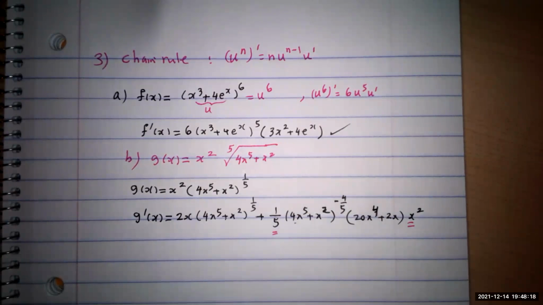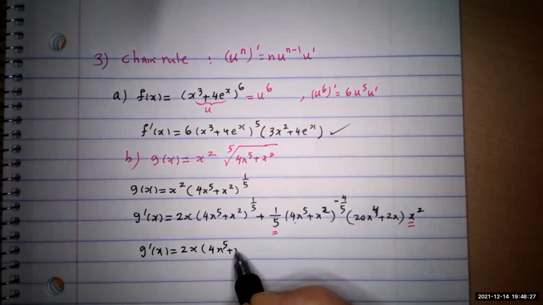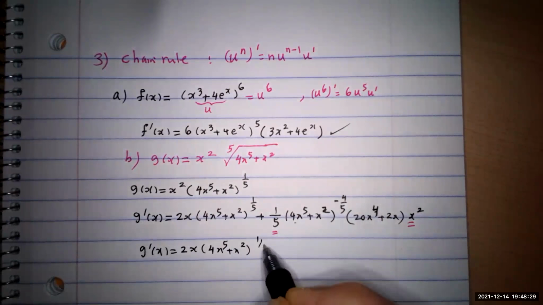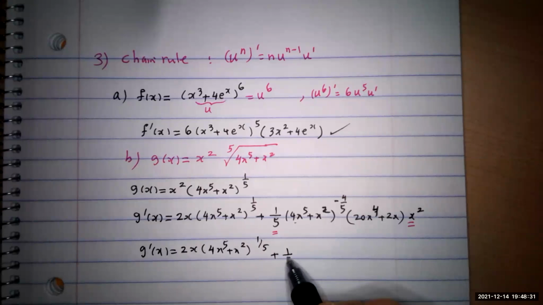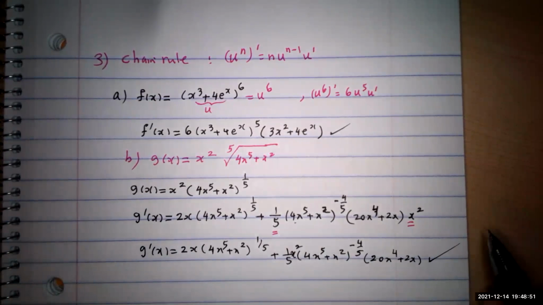So the final answer would be g prime of x equal to 2x times, I just repeat it, (4x to the fifth plus x squared) to the 1/5, and then it's going to be 1/5, (4x to the fifth plus x squared), we just repeat this one. Oh, I'm sorry, this is 1/5 of the x squared. I have to put them together. And this is going to be negative 4/5 times 20x to the fourth plus 2x